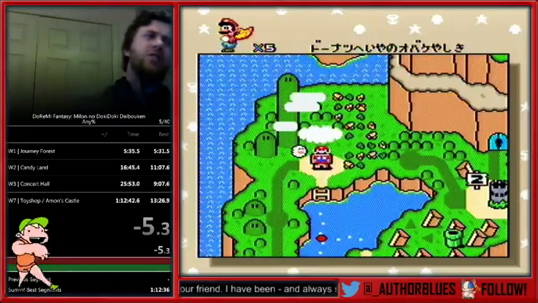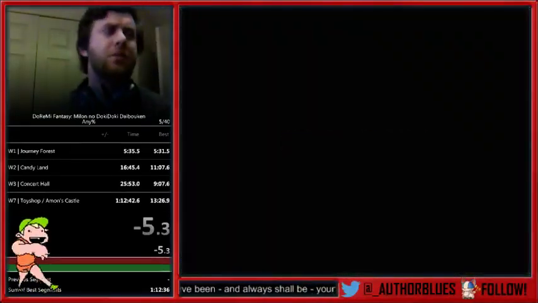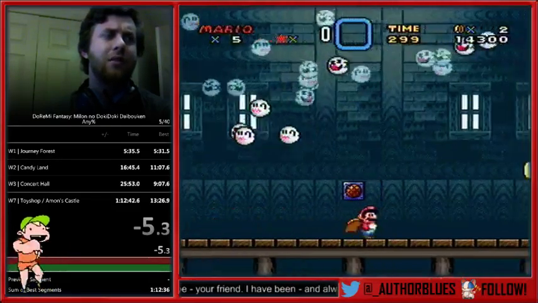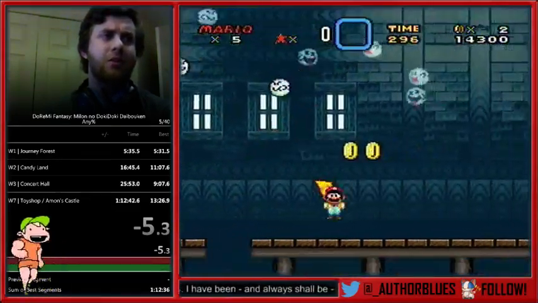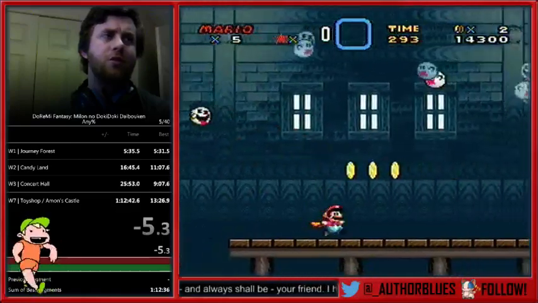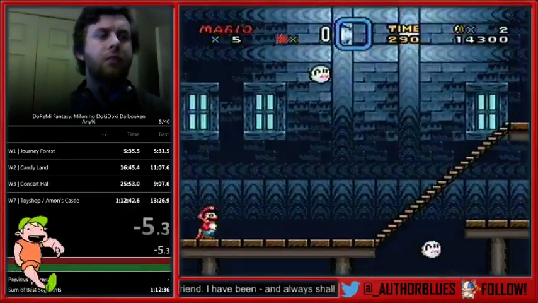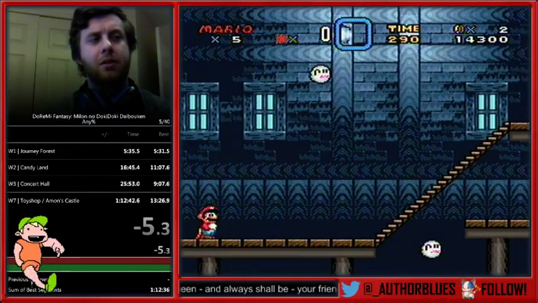Now this stage is really easy to do the right way. So many people do a much more complicated version of this, but the fastest strat is the baby strat. I don't understand it. So I'm going to spin jump over these holes. You can fly this stage if you want to, just fly low. I don't care. What I'm going to do is run right up until I hit right as